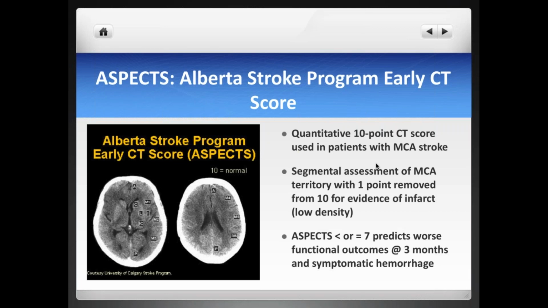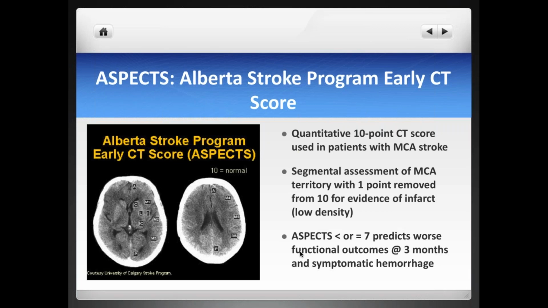It's a quantitative 10-point CT score that is very useful, in particular in those patients with an MCA stroke. Basically, you use a segmental assessment of the MCA territory, with 10 being the best score, meaning no changes at all. And you start subtracting 1 point for every one of these territories of the MCA. The bottom line is that a lot of research has been done on this, and a lot of the initial research suggested that an ASPECT score of 7 or less will predict a worse functional outcome in these patients 3 months